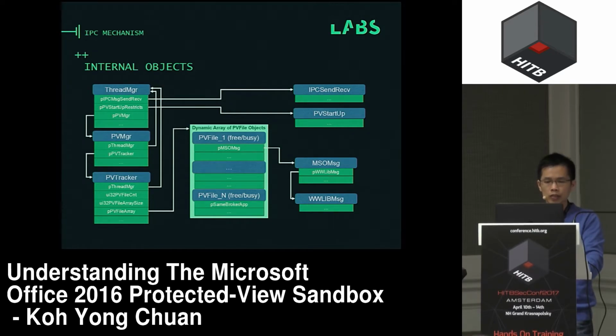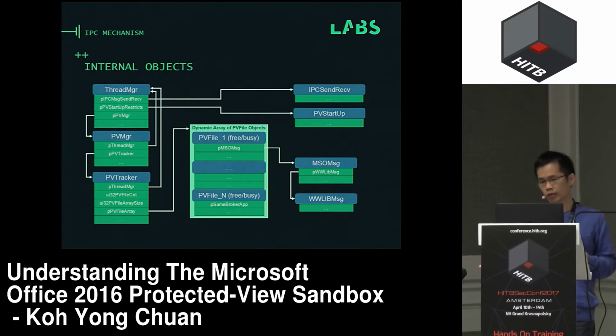In protected view, all untrusted files are rendered in the same sandbox process, and therefore the broker needs to be able to maintain a state and track each file independently. So this actually starts from the PV tracker, whereby an overview of the sandboxing state is maintained. This includes the number of untrusted files that are currently or have been opened in the current broker session,